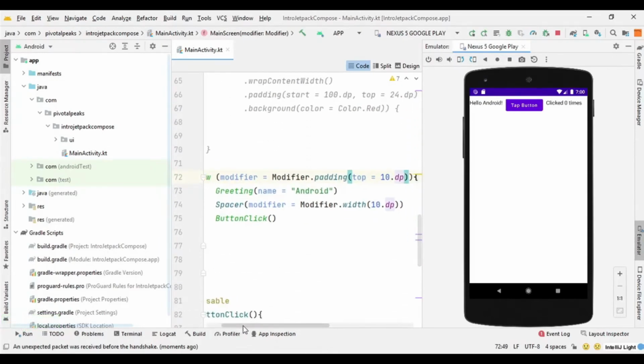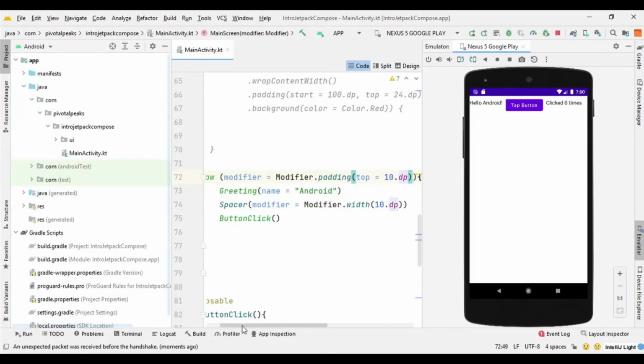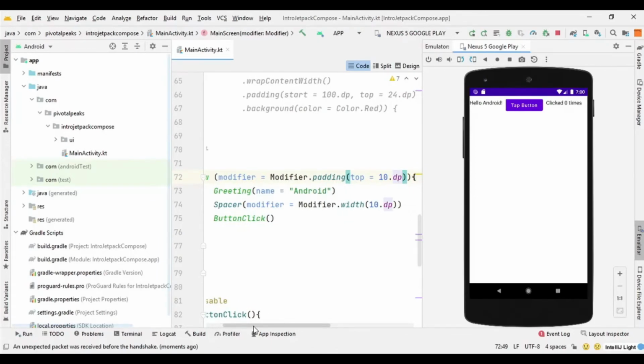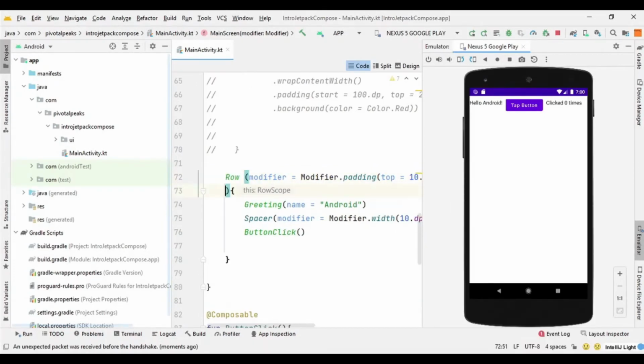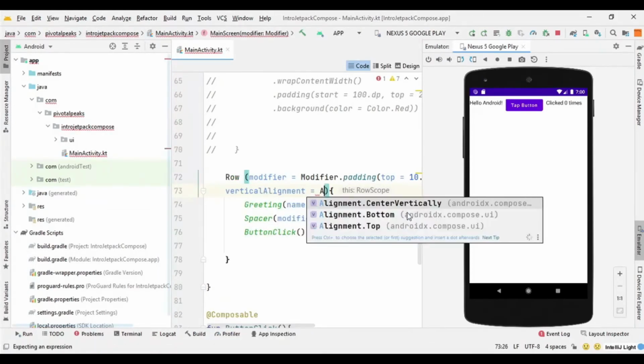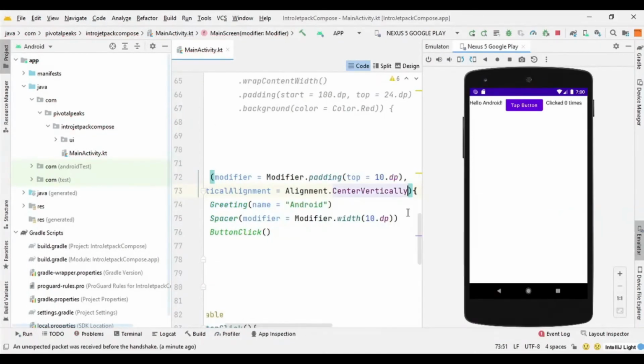So let's put this row into center. So here you can say vertical alignment dot center vertically, and let's see what happens.